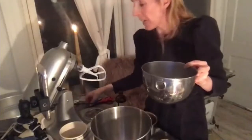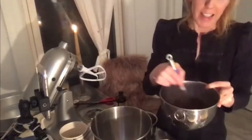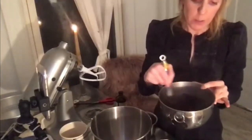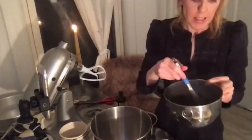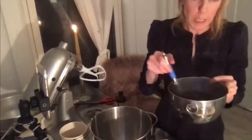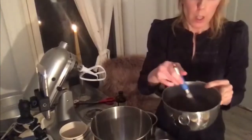The first thing I made ever that I remember was a Jello parfait, and I made it for my mom and dad. They had these really great, not martini glasses, but a coupe glass, I think it's called, and I made that, and I added whipped cream on top, and I added some Jello to the